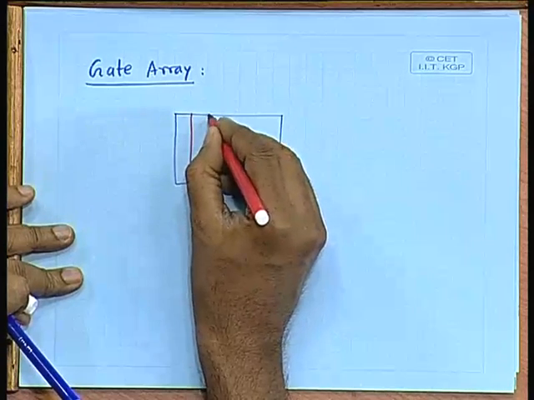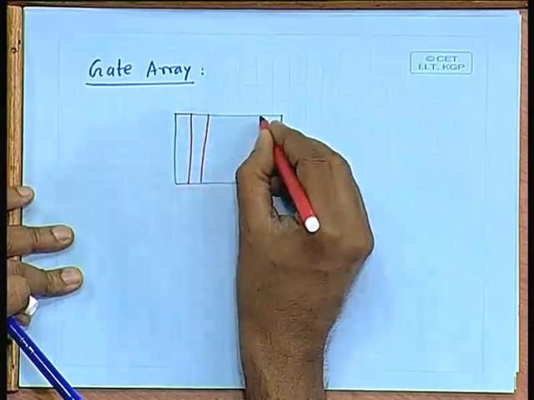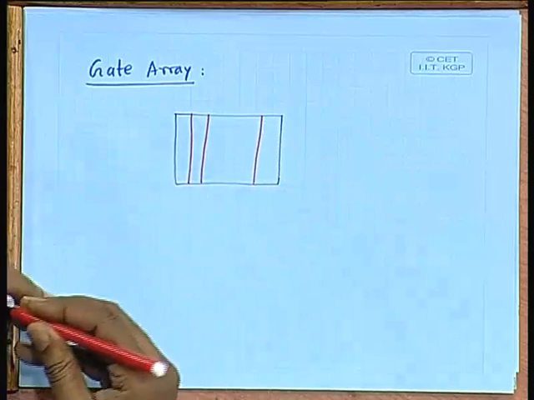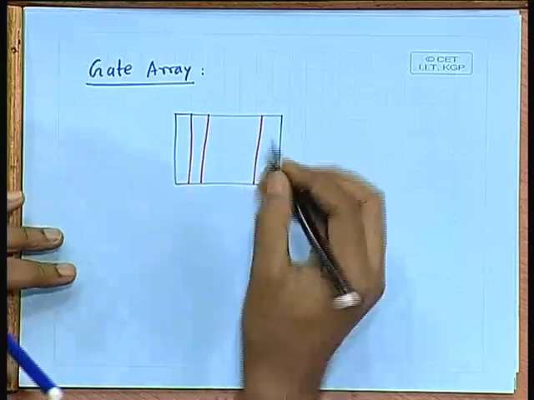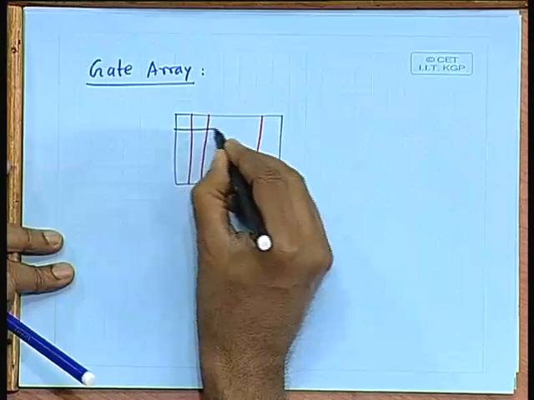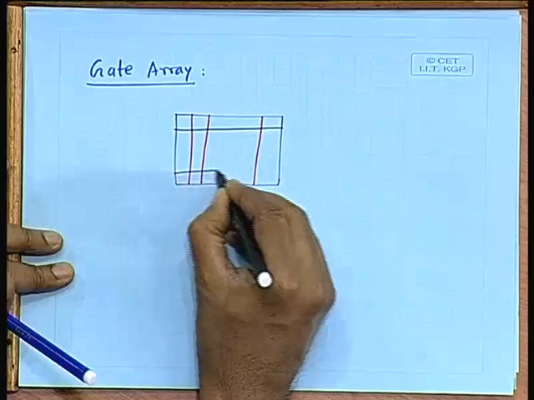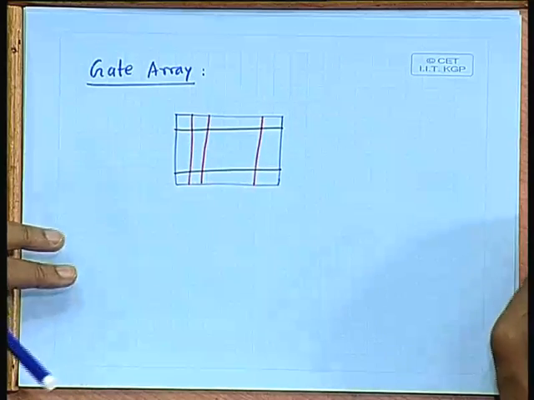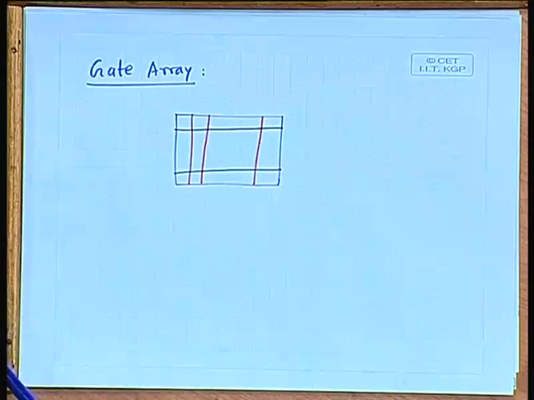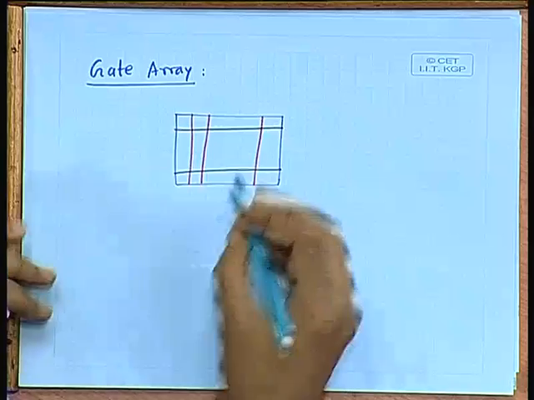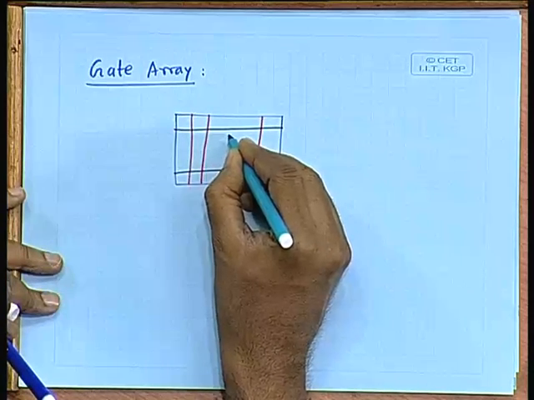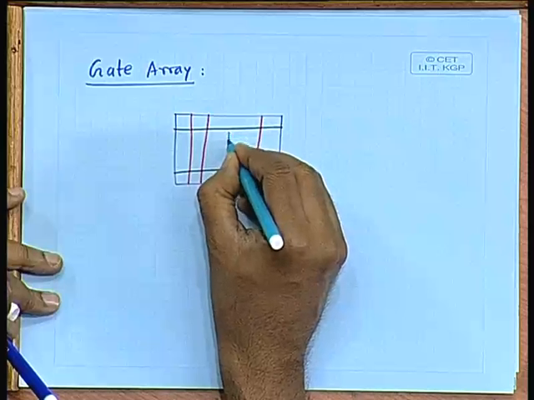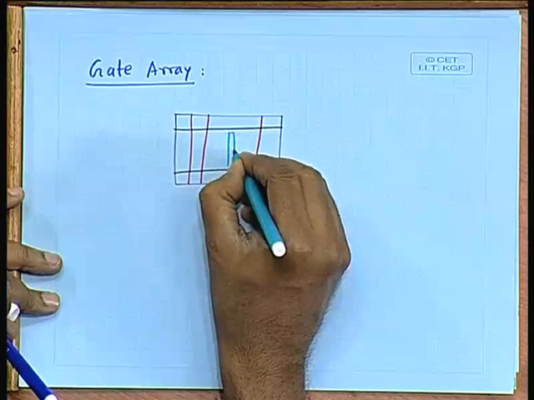These reds indicate polysilicon lines. I am showing the power supply lines in black, and in the middle you have the transistor laid out. Let us say this is the diffusion layer,